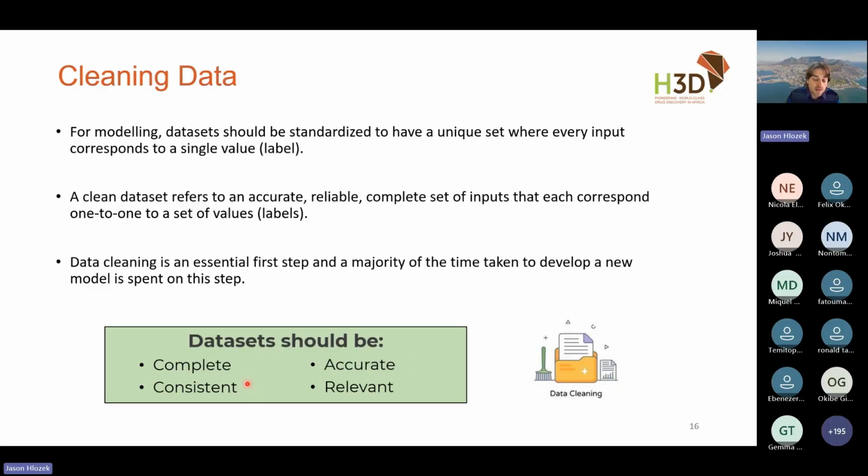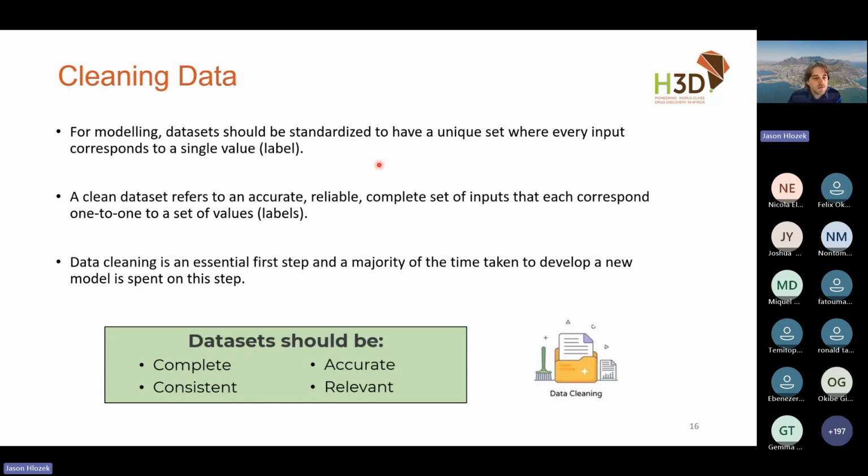Ideally, we want our data to be as consistent as possible. So we'll talk about some examples, say, what if you're measuring activity of a molecule, but in 2 different media conditions for assays? How is that introducing noise into your data sets? Is it something to maybe split out and isolate each individual assay to really maximize the signal coming from that? And then also, all the data needs to be relevant. So it needs to actually pertain to the problem you're trying to solve.